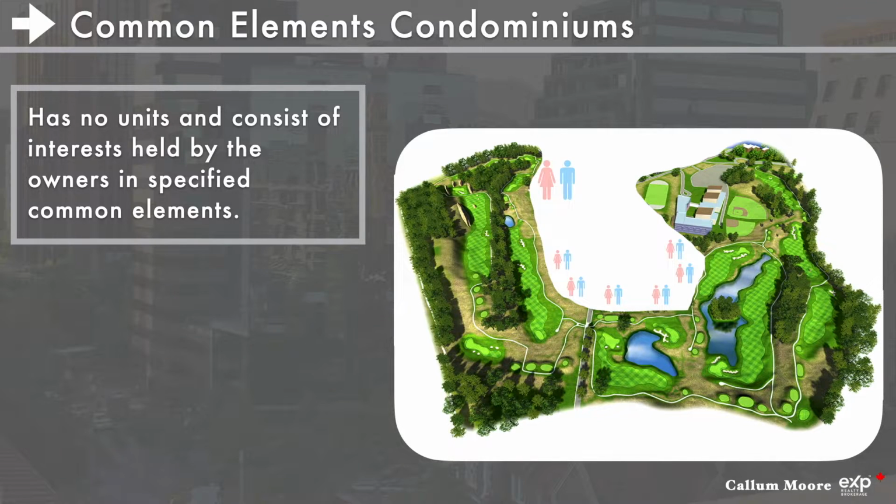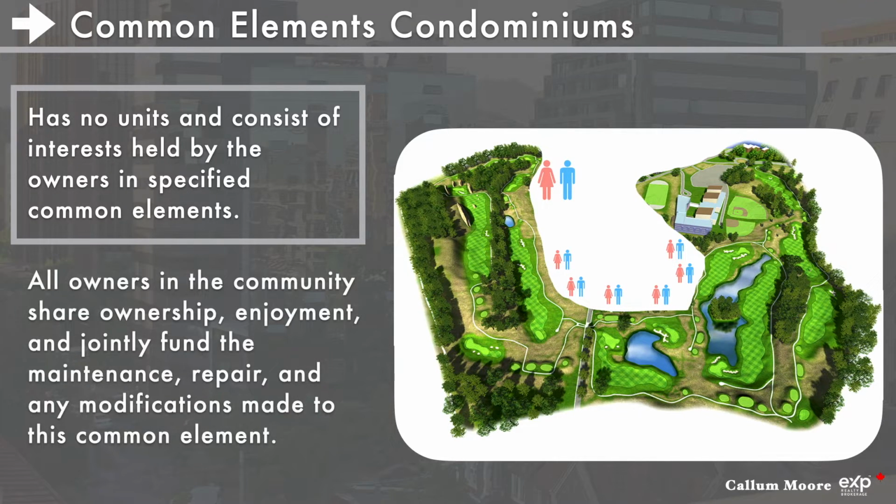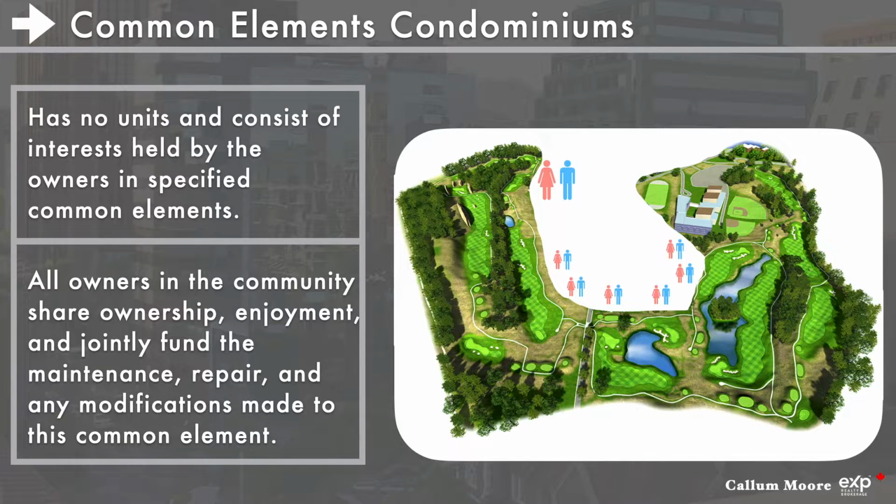All owners in the community share ownership, enjoyment, and jointly fund the maintenance, repair, and any modifications made to this common element, in our case, the golf course. The members of a common elements corporation that enjoy their golf course must own a freehold parcel of land that is not part of the condominium property, but is located within the same land registry office area as the corporation is registered. The owner's part interest in the corporation attaches to the parcel of land, usually a home located nearby,